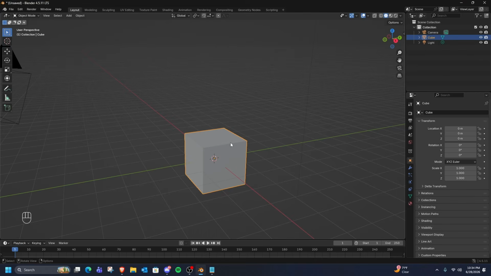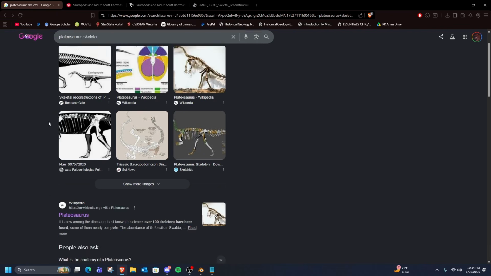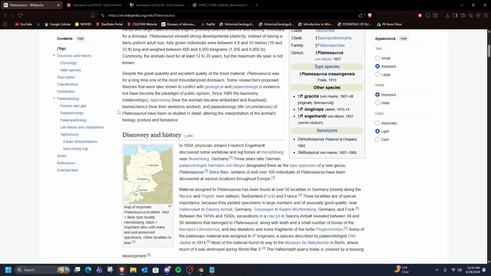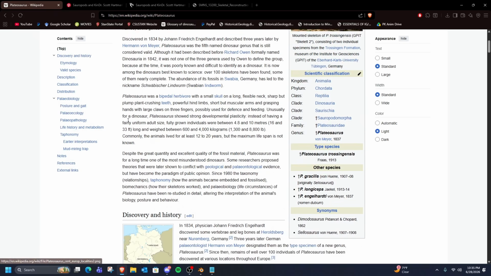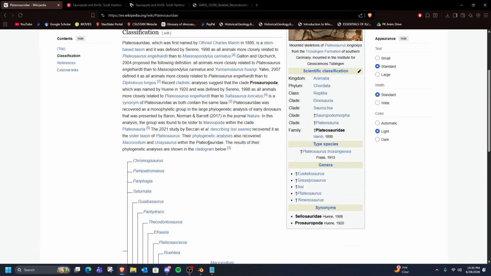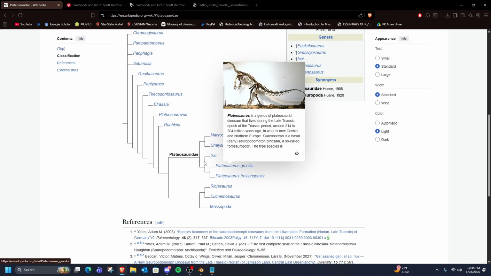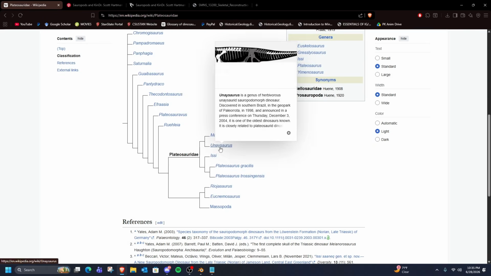Generally, we like keeping the anatomy of the animals accurate to what they entail. And so if that's the case, I recommend looking up your animal and going to its Wikipedia page and just reading a little bit about what this animal is, who it's related to. You could see on the side here the classification. So Plateosaurus is in the family Plateosauridae. We could see here that Plateosaurus, the 2 species of it, is related to Issy and Unesaurus and